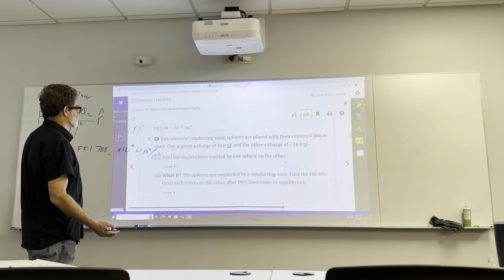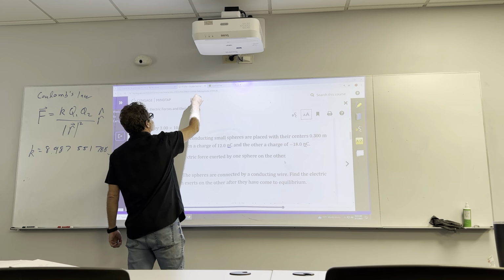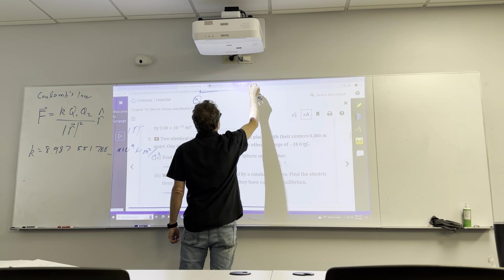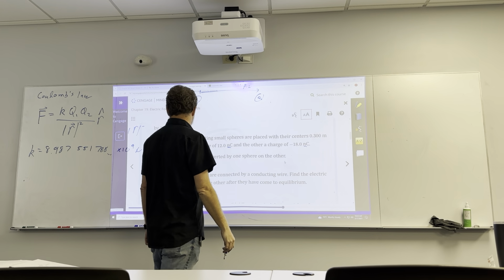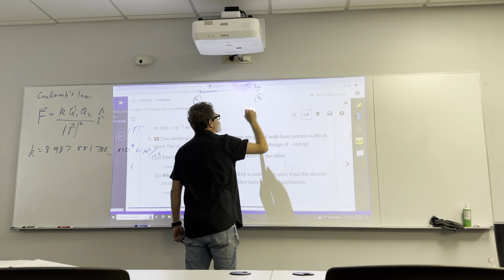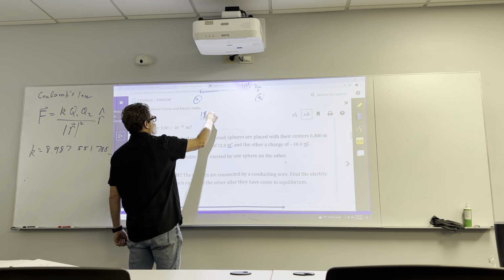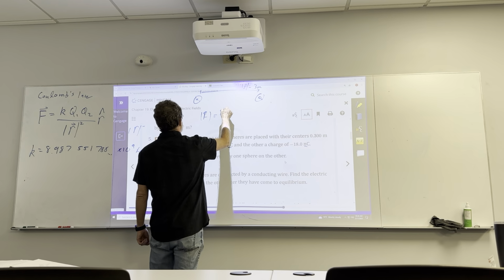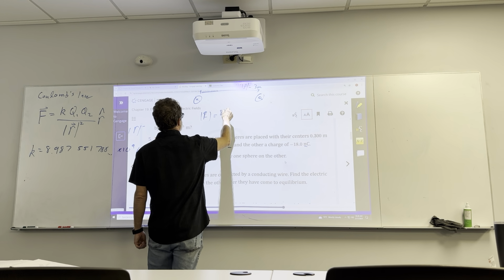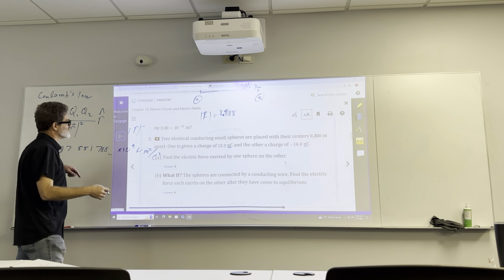Alright, so we just find the electric force exerted by one sphere on the other. That's easy, right? So here's Q1, here's Q2. The distance r is, I think, 0.3 meters? Just put in the numbers. Let's calculate the magnitude. So that's Coulomb's constant, 8.988, if I round to 3 decimal points, times 10 to the 9th,